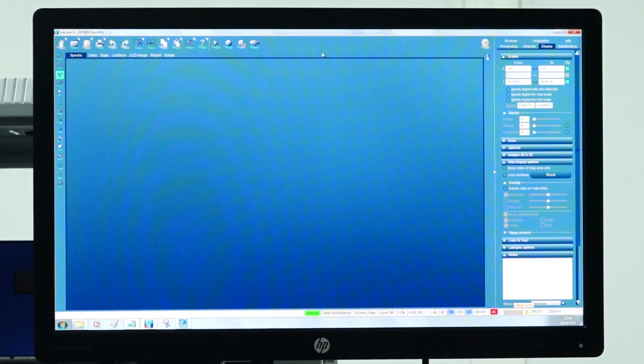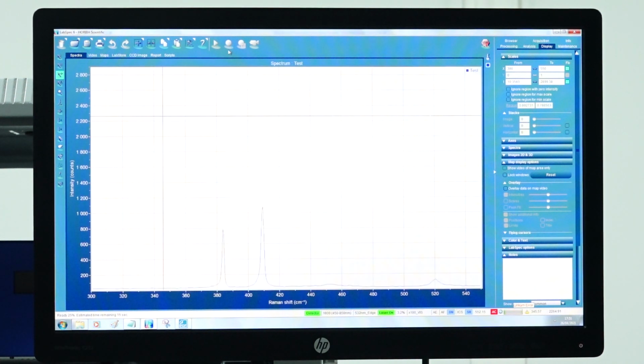Now that everything is done, we are ready to take an acquisition of this material. So now we again go to the icon bar and we click on Start Spectrum Acquisition. As we can see, it is giving a distinct Raman signature for MoS2. We had known that we will get a peak at around 403 centimeter inverse for a monolayer of MoS2, but we see that it is shifted.